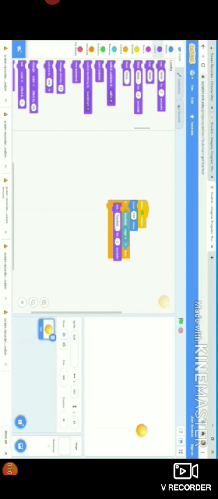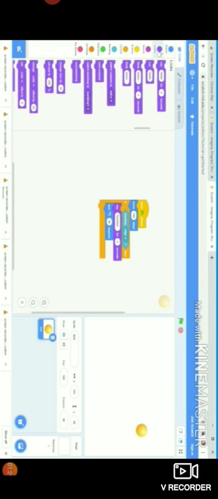So let us form a script for a ball sprite using the block. We want the ball to move on the stage, but if it touches any of the edges, display the callout saying touched, turn 30 to 40 degrees to its left, change its size, then bounce back. So first, to make a ball sprite, do the above mentioned task.